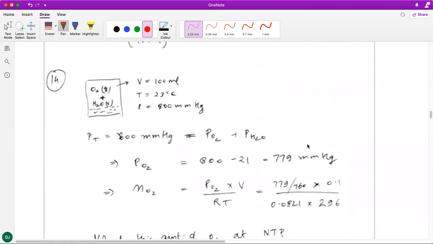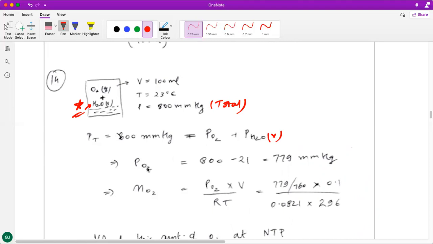All right, 14th question is something which is quite simple and straightforward. In this, you have to just read the language of the question, that there is a volume of 100 ml, right, in which O2 is collected over water. So if O2 is collected over water, then apart from O2 gas, there will be H2O vapors also present. So this exerted pressure of 800 mmHg will be the total pressure because of O2 and H2O vapors, right? And this information of H2O vapors has been given in the question.